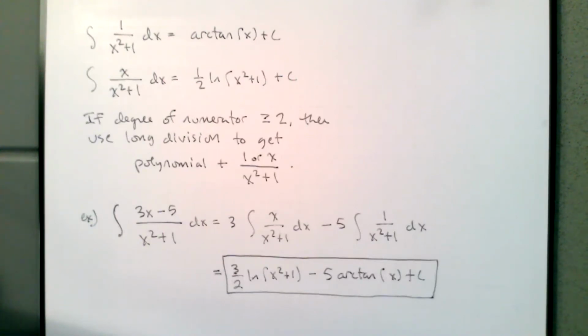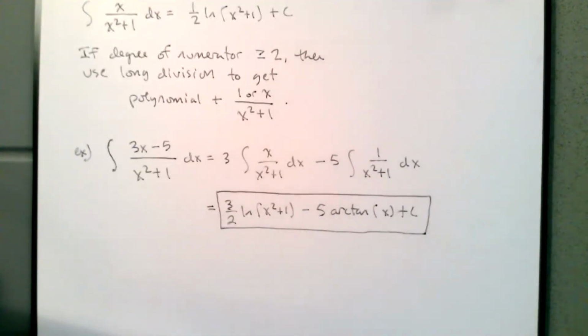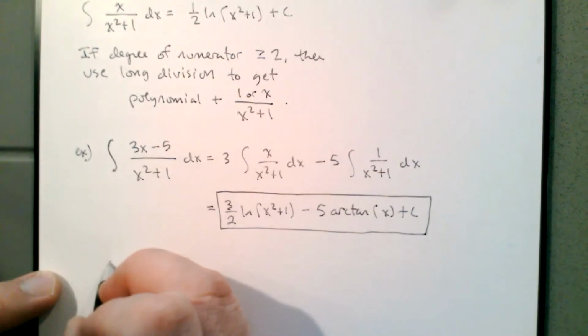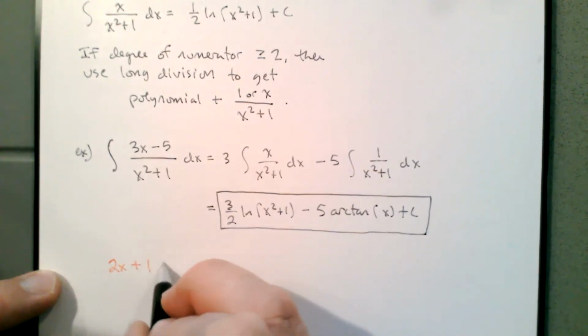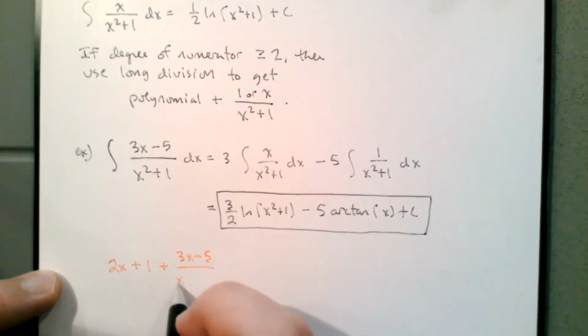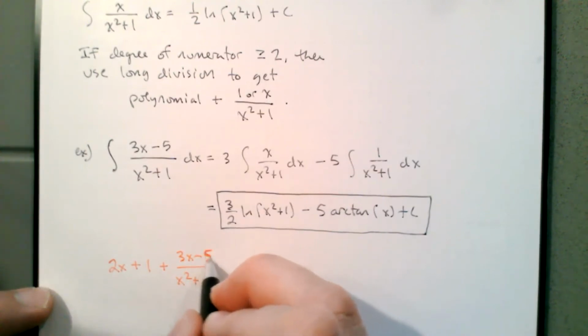If our numerator is greater than degree 2, so let's say, for example, I'm going to reverse engineer a problem. I want the degree of the numerator to be greater than that of the denominator. So I'm going to come up with what I want the answer to be. I want 2x plus 1 plus 3x minus 5 over x squared plus 1. This is what I want you to integrate, but I don't want to give it to you in this form. I want to mess with you